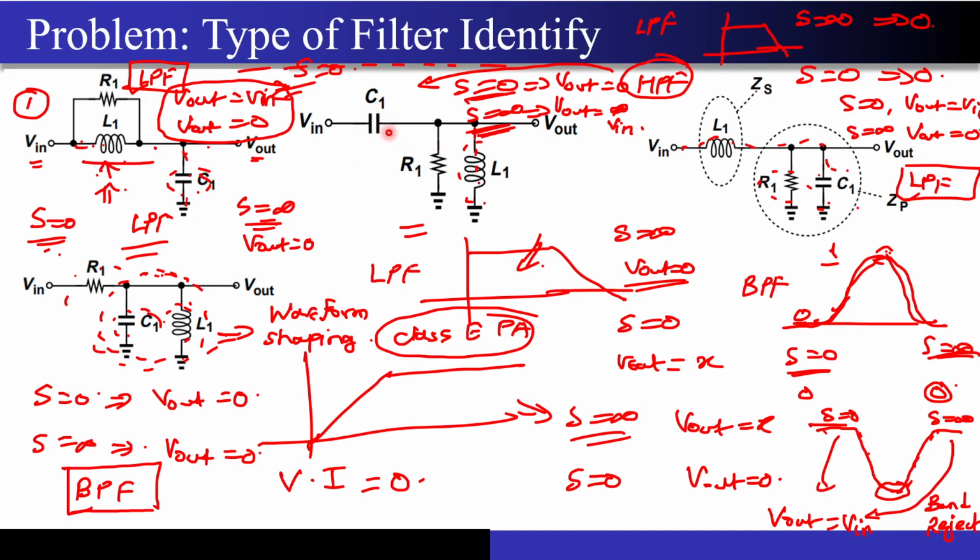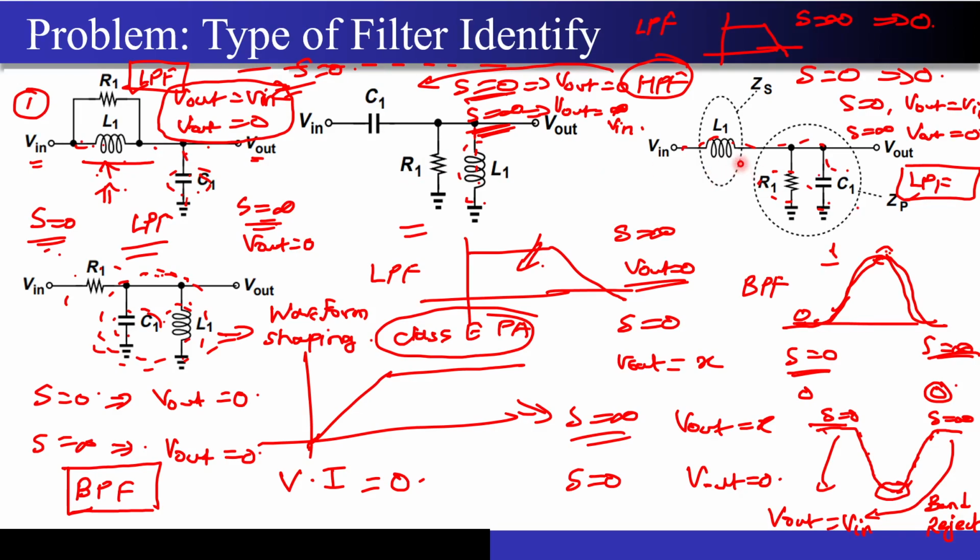If you put s equal to 0, this capacitor will act as an open circuit. There will not be any path between the V in and V out. That means these will be disconnected with respect to each other, and at the same time the inductor will act as a short circuit to make V out equal to 0. This is happening at s equal to 0. When you put s equal to infinity, the capacitor acts as a short circuit, the inductor acts as an open circuit, and V out is directly shorted to the V in, and that is what you get at high frequencies. So at higher frequencies your V out is V in, at low frequencies your V out is 0. This is nothing but the response of a high pass filter.